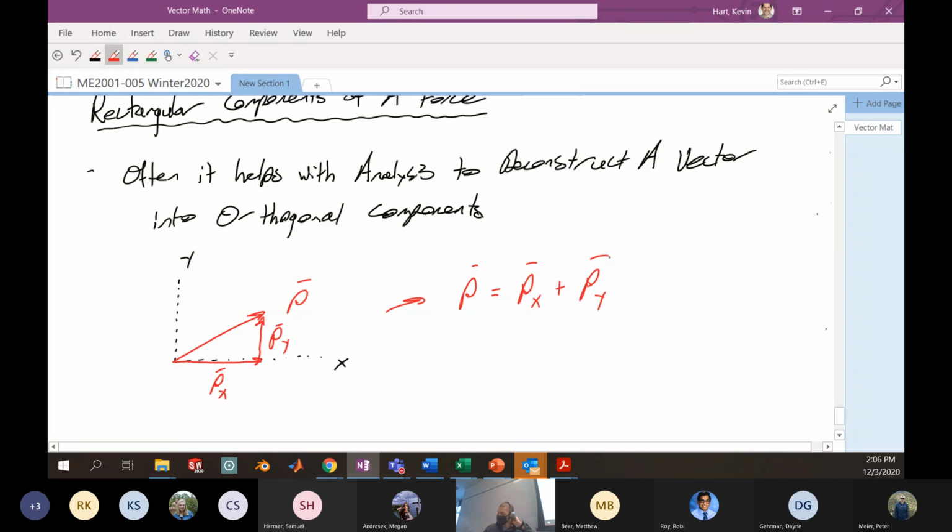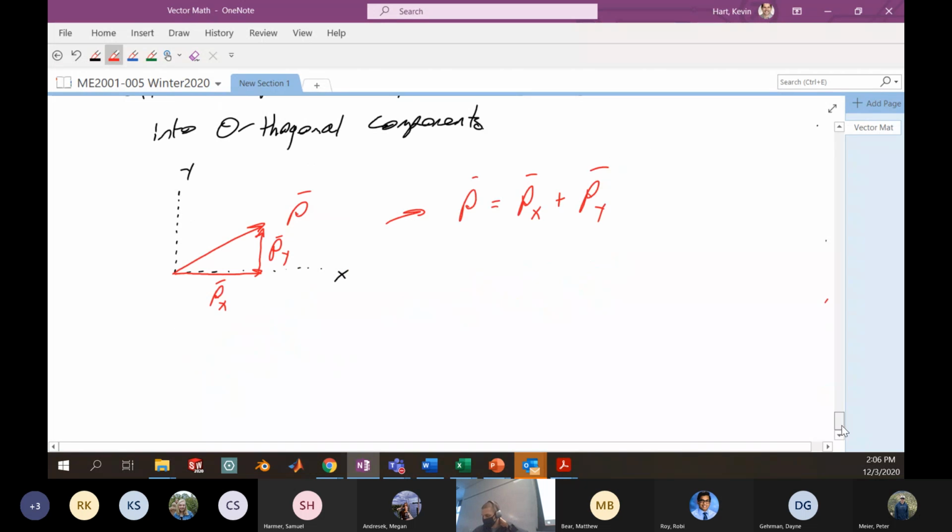Okay? And it doesn't necessarily have to be this XY coordinate system. You could make any sort of arbitrary coordinate system that you wanted. Sometimes it's useful if you're working on, let's say, friction problems and you've got some box on a plane, to align your coordinate system with the plane that the box is sliding on, for instance. So yeah, maybe you've got some force here, P, but instead of the traditional XY axes, maybe you want some other axis that looks like this,